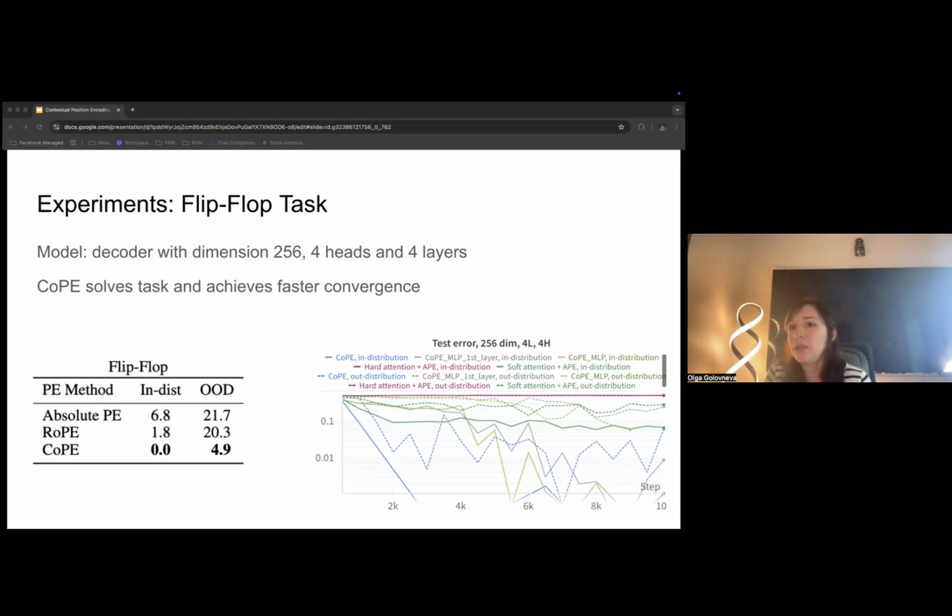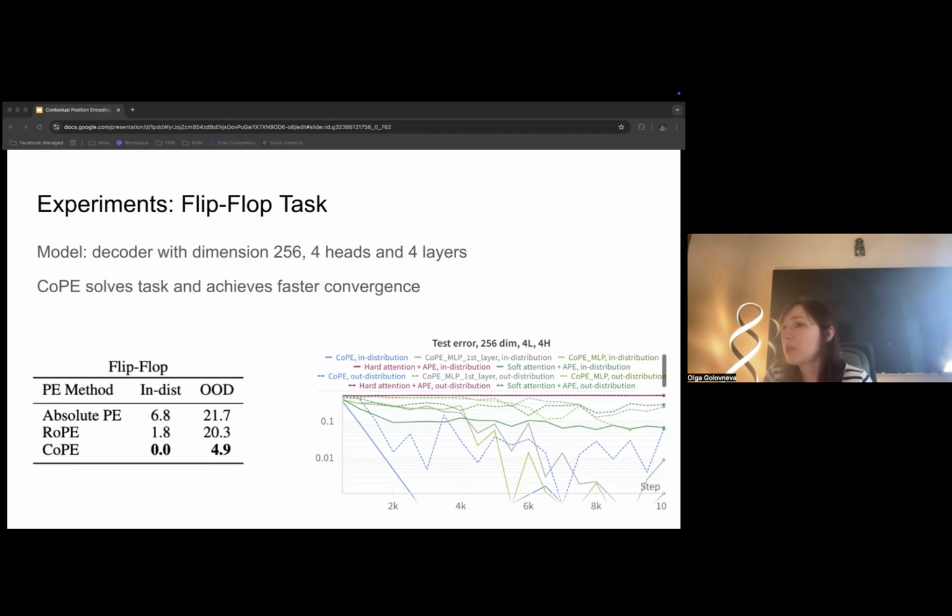Here we compare with absolute positional encodings, RoPE, and our method. Our method can solve the task and achieves faster convergence, which can be seen on the right. The CoPE blue line goes to zero faster, almost right after 2,000 steps it's already starting to converge to zero, unlike all other methods that are much, much slower.